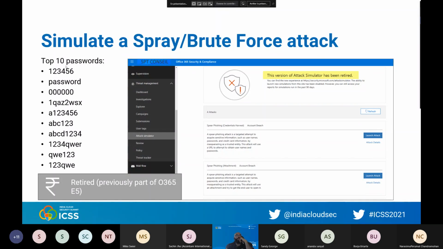Just handy information. Those are the 10 most famous passwords in the world, like 1, 2, 3, 4, 5, 6. Password as password. It's horrible. Stop using password as password. Or 0000. By default, if you are really using Office 365 Azure AD to manage your passwords, those very famous passwords are blocked, so your end users are not able to use them.